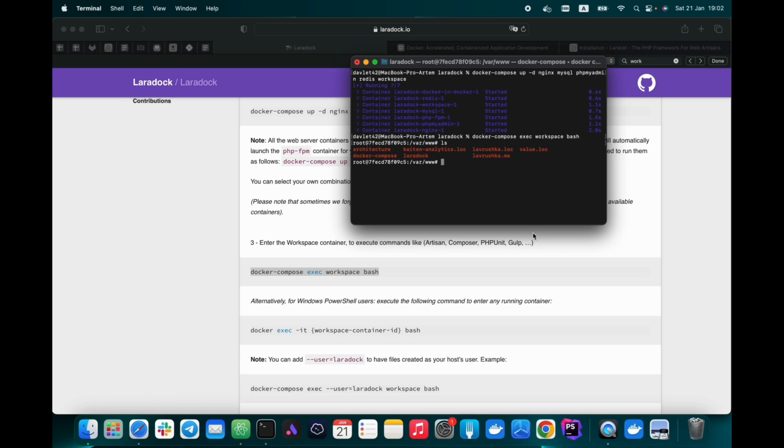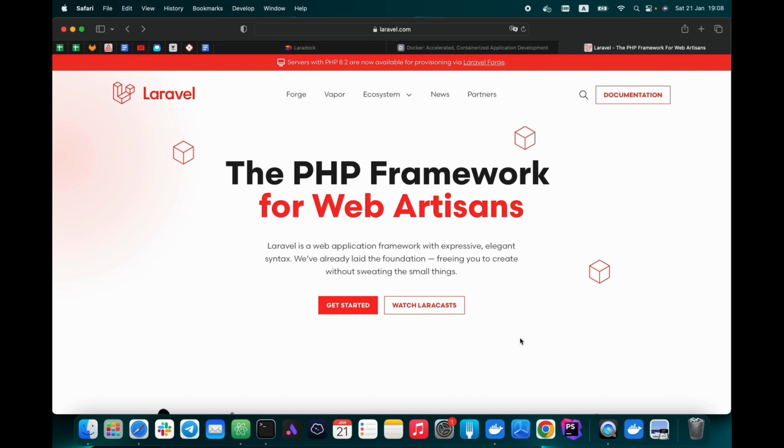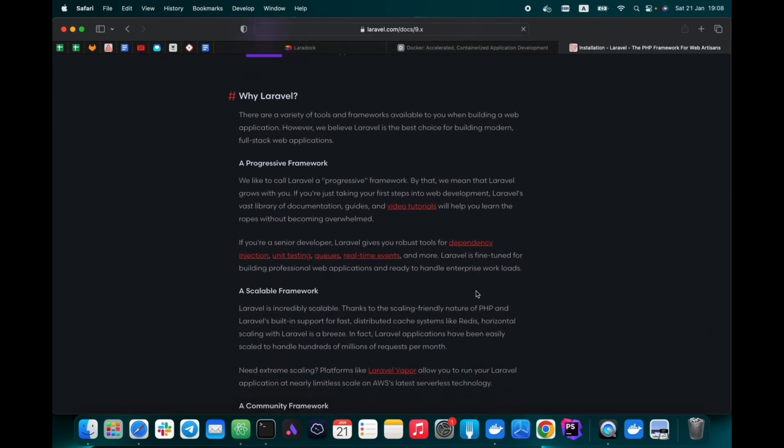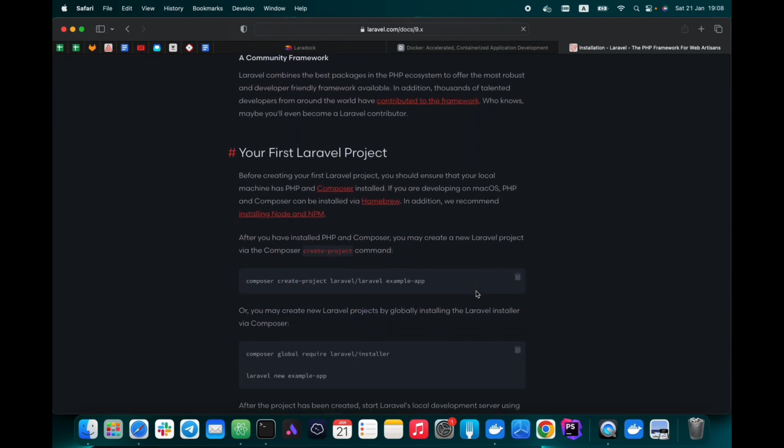Okay, let's create a new project. Go to laravel.com and open the Get Started page. Let's use these instructions to create a new Laravel project. Copy this command and run it in the terminal.